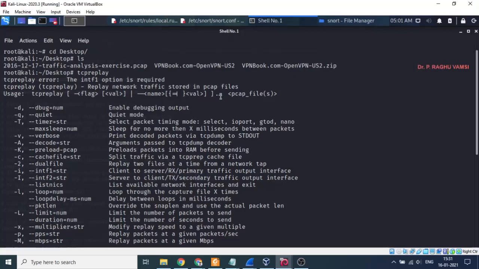If you are dealing with multiple interfaces in a PCAP file, and our computer must have multiple interfaces, with tcpreplay we can send traffic from one interface to another interface. So this is what the tcpreplay tool is.